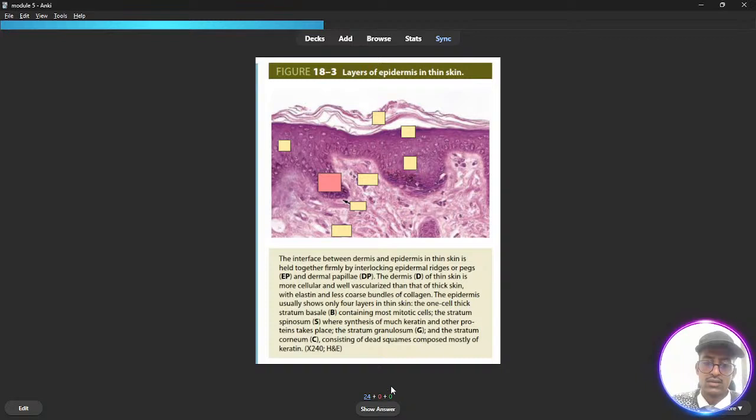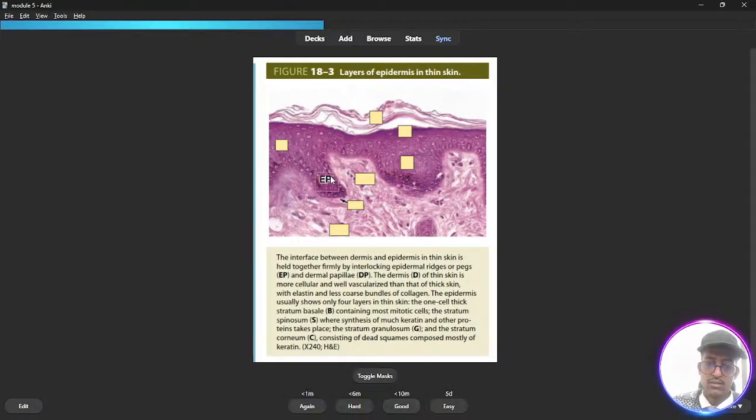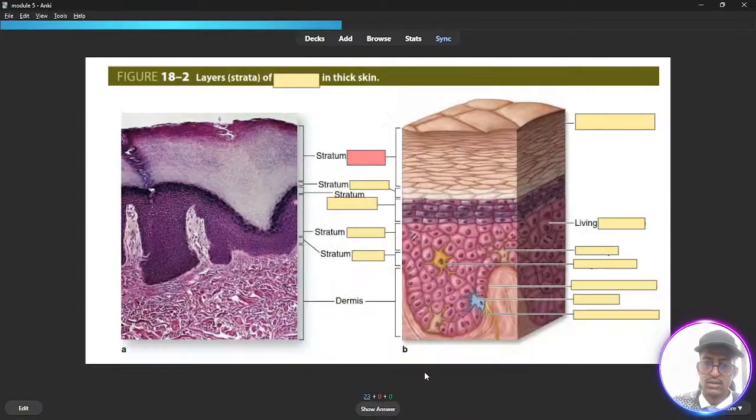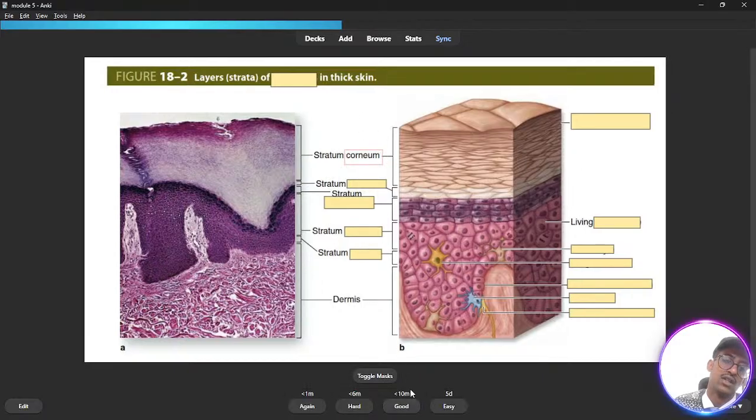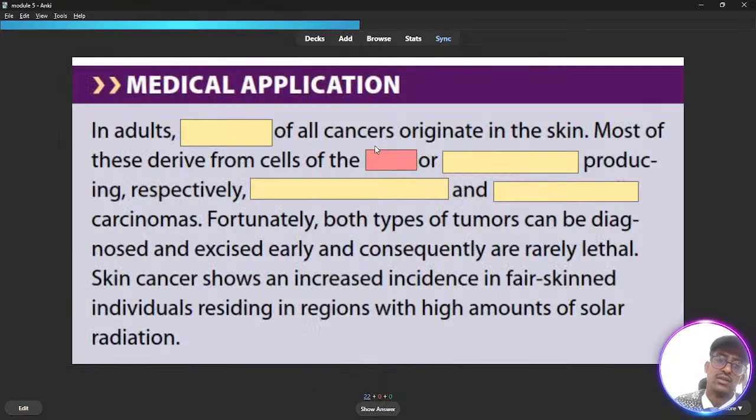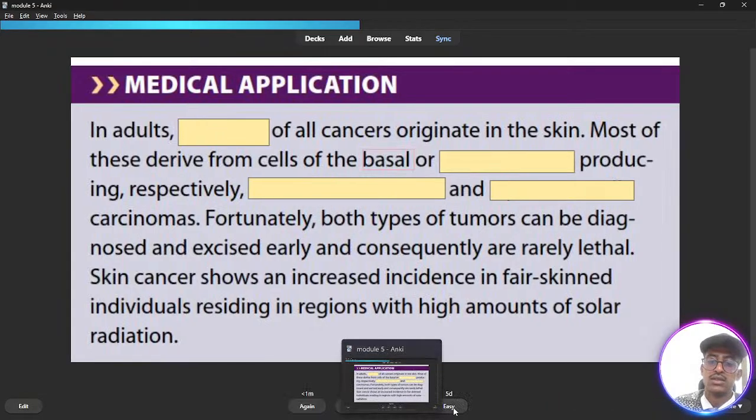Wait a minute. Okay, this one is the B. It is the epithelial ridge, epidermal ridge, and easy. What the hell? This is okay. Stratum corneum. Alright, this is derived from the cells of the basal,